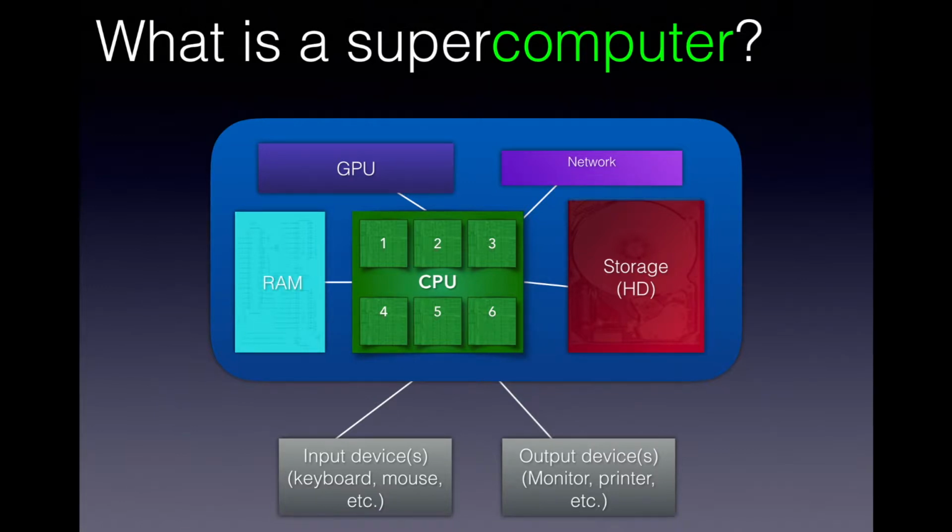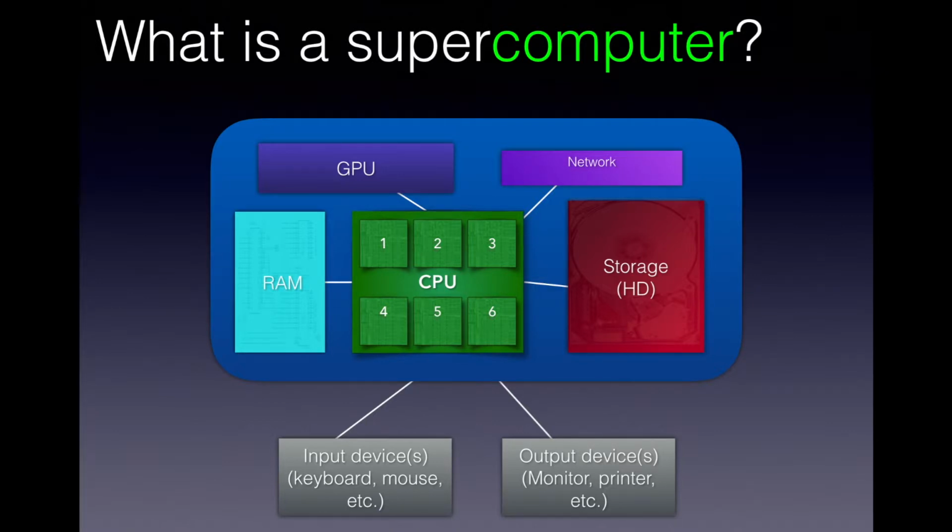In the upper left we have a GPU, or some coprocessor. This is optional. It could also be an Intel Xeon Phi, for instance. And on the far right we have the network switch, which allows the computer to connect to a network and work with other computers. On the bottom here we have an input device, aka a keyboard, mouse, microphone, camera, and